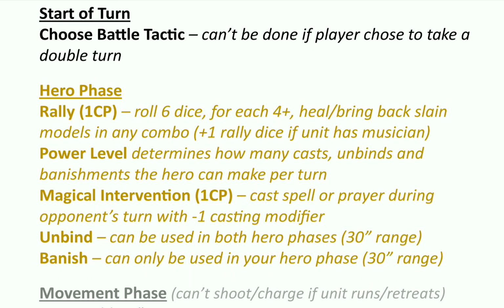And you get +1 rally dice if your unit has a musician. All musicians now do the same thing. And for spellcasting and chanting prayers, the power level on the War Scroll determines how many casts, unbinds, and banishments the hero can make per phase. The new thing here is Magical Intervention,